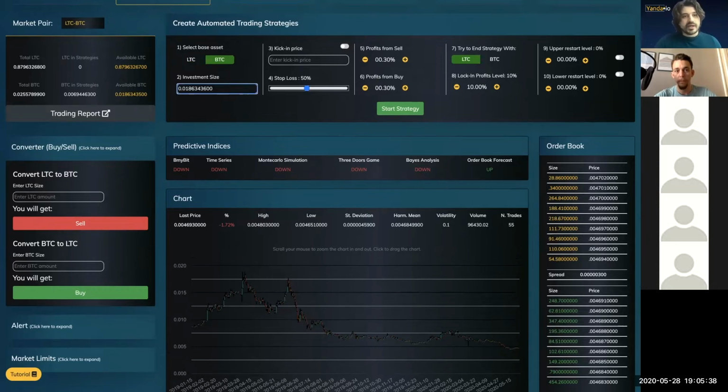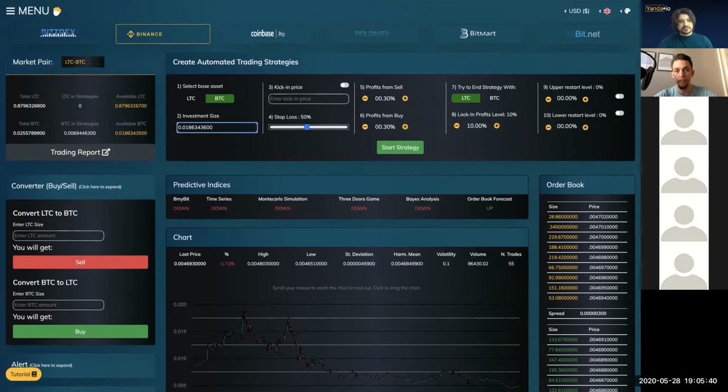What will I do? I will first select as the base asset the Bitcoin. So once I have selected my base asset, it means that this is the asset I'm going to use for my initial purposes. I will invest 0.018. Let's make it fair. So I'm going to put 0.018 Bitcoin in my first investment strategy with you today on the webinar, and this is it. So this is what my decision is. I invest Bitcoin, and I'm going to invest